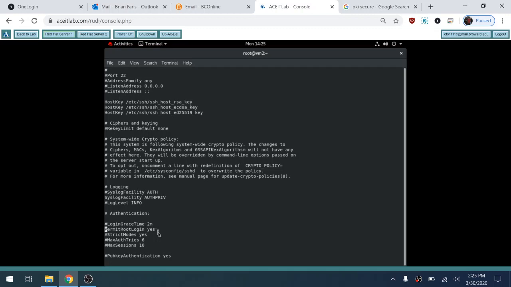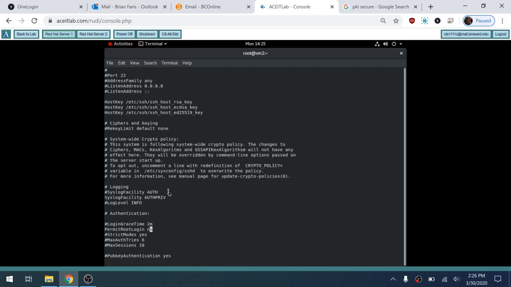Right now, it's allowing me to sign in remotely using the root account. So I can sign in as ssh root@VM2. In really secure environments, you don't want to allow that, because if the root account gets compromised, you might as well redo that whole box, because you don't know what they've done. So you might want to avoid allowing people to sign in as root. So I'm going to hit Shift A to edit this file and say no,